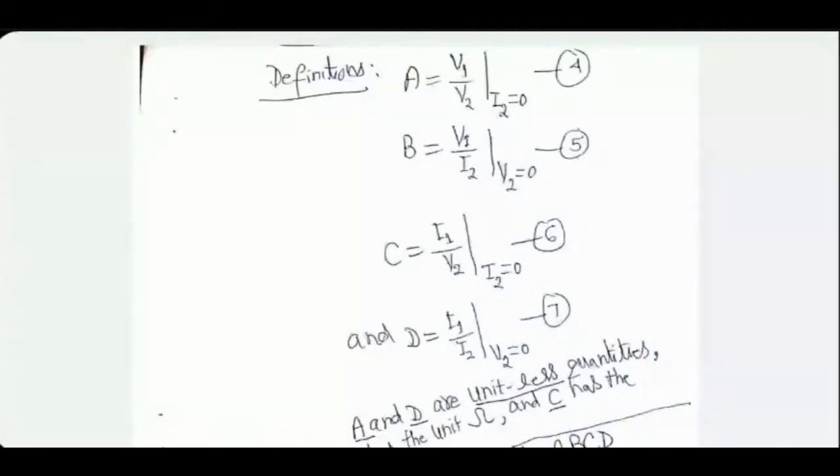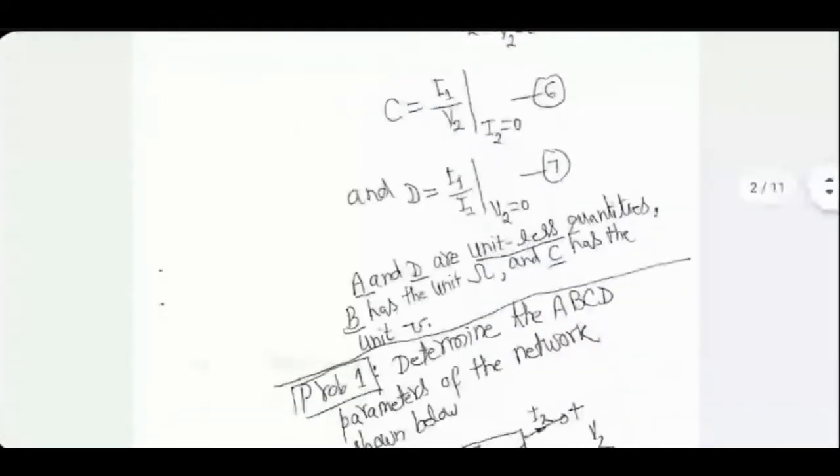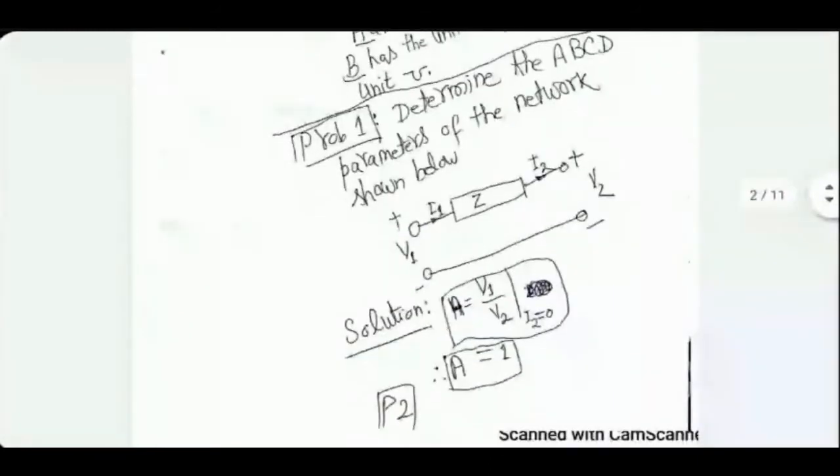Now, application of this definition to a very simple problem that we have seen a lot of times in the past. A single series impedance, Z. Remember, now I2 is supposed to flow outward from port 2. Anyway, as far as A is concerned, you put I2 equal to 0 and take the ratio of V1 and V2. If I2 is 0, I1 is also 0. There will be no potential drop across Z, and V1 and V2 would be equal. So A happens to be 1.